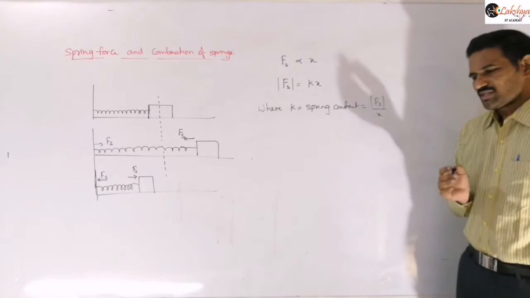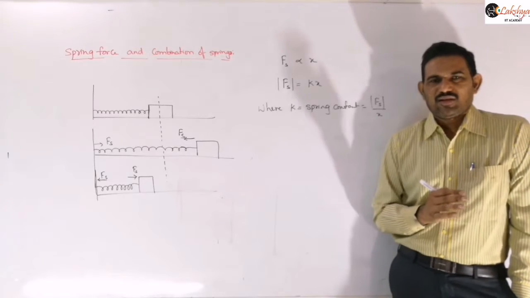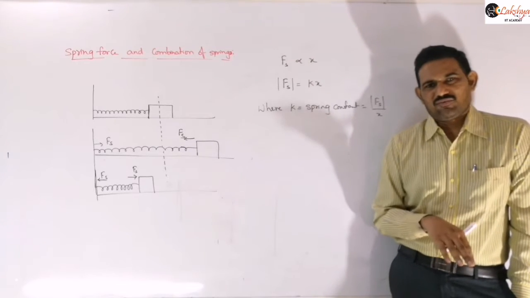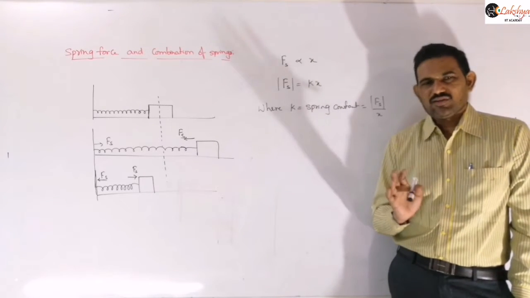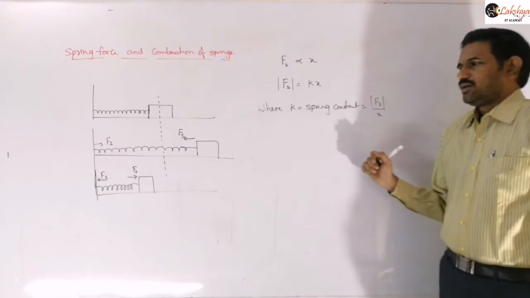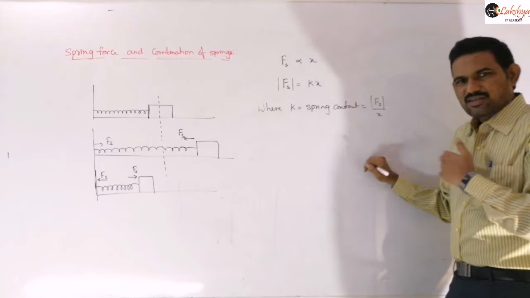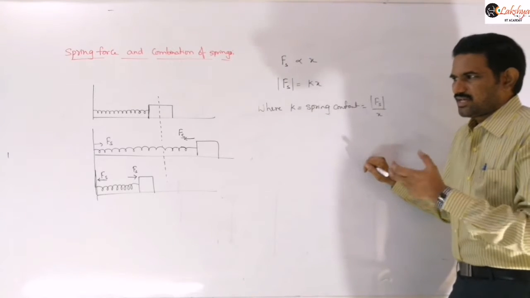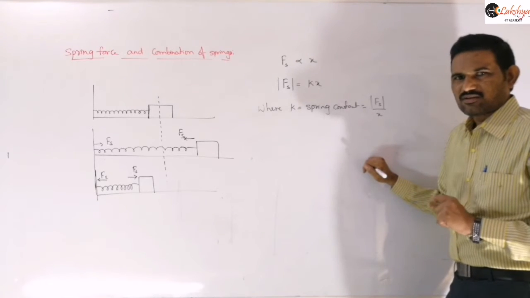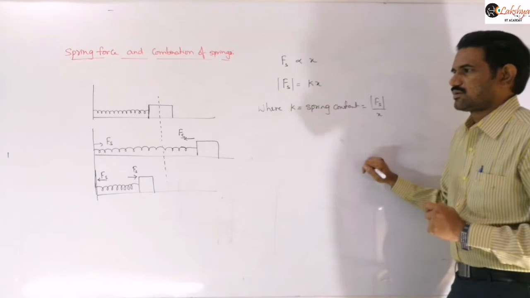And here also we consider that springs are massless springs only. Ideal springs only we consider here. Springs with mass are not in our syllabus, right? So we only discuss massless, ideal springs. And ideal springs means we can consider that the spring force will be the same at both ends, at any element. The same amount of force will act at both ends of the spring, right?